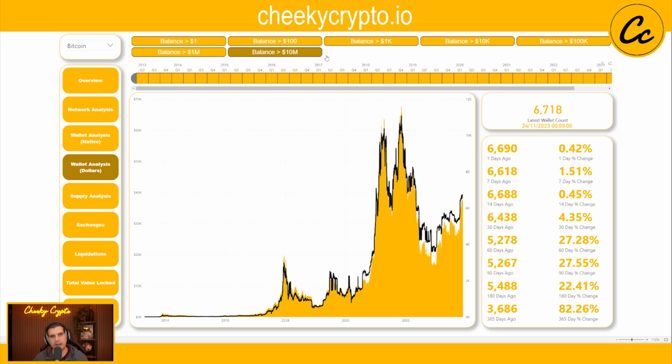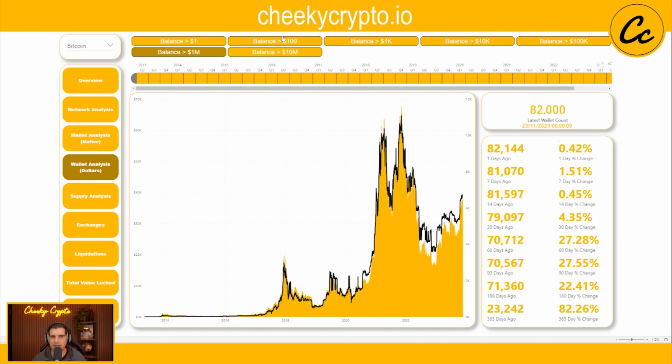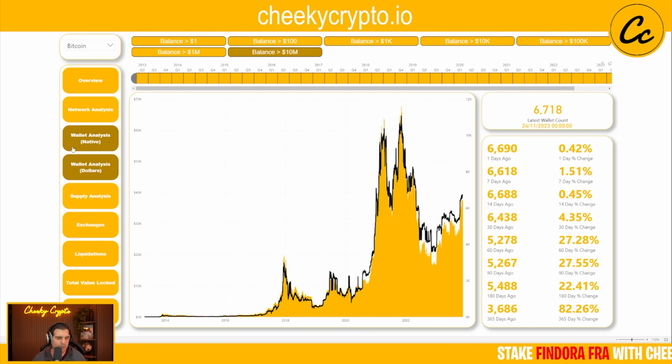Here we can see that this tops out at $10 million. I have access to no more data above that. And really, I think we need to know what's more than $10 million here, considering Bitcoin's price. So I don't think this one is overly useful. You can take a look at it if you're a member and you want to dive into the data. It is interesting and has some interesting points of view in there, but it's not overly useful in comparison to the native token aspect, which I think is the most useful.